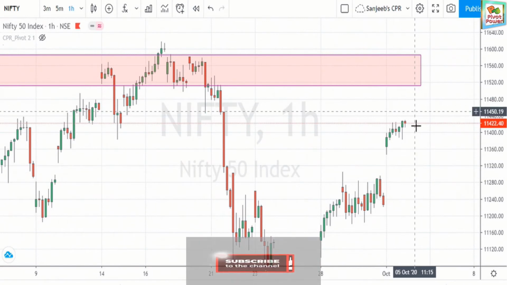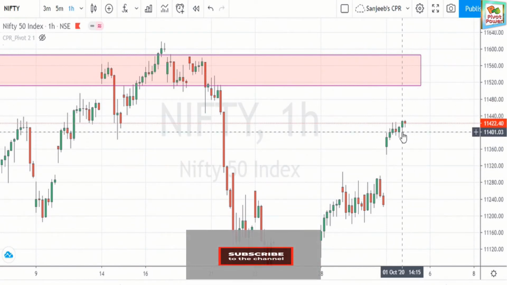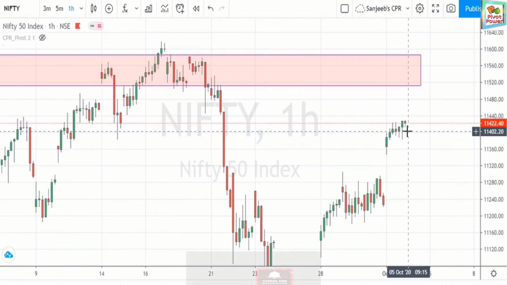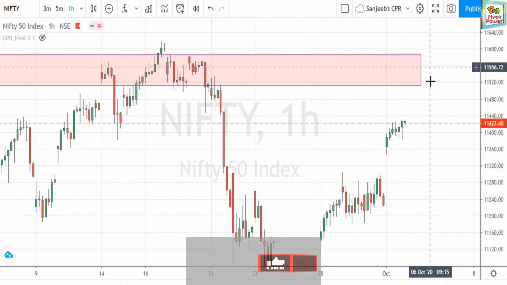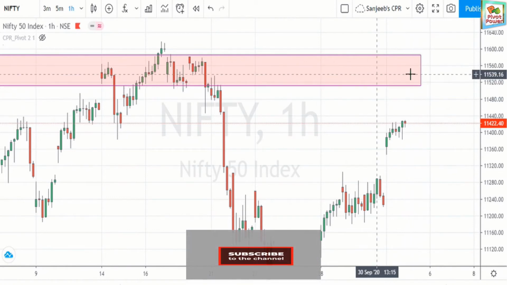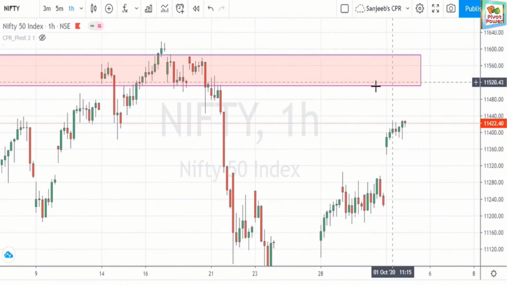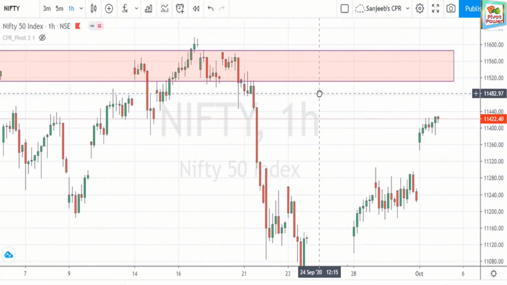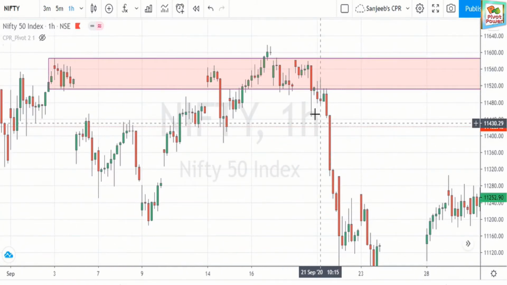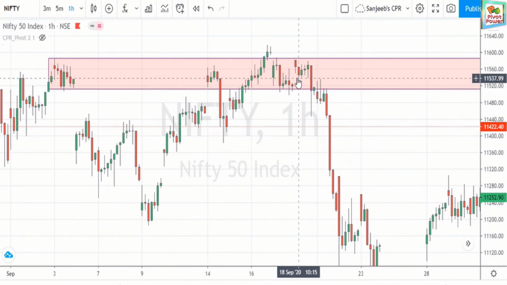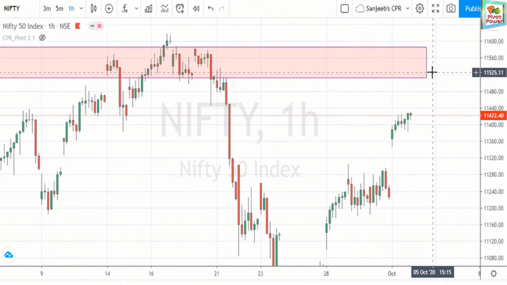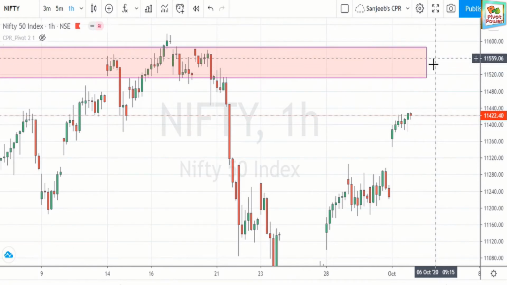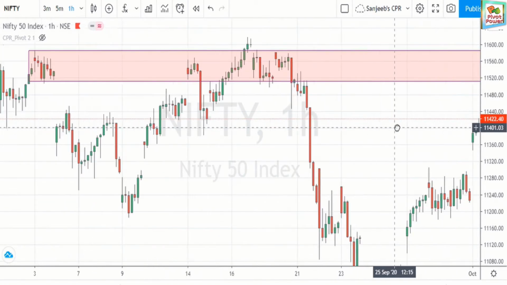Currently I have plotted it up to 1st October. Then it is the future, this is upcoming, it will become a resistance level. This is the supply zone, which means there are huge sellers here. When the price comes to this level, there is selling pressure. So what happens next if the Nifty price comes to this level? You can watch.